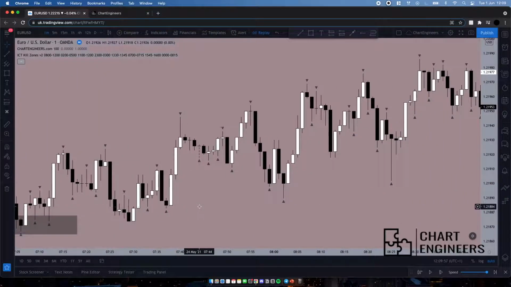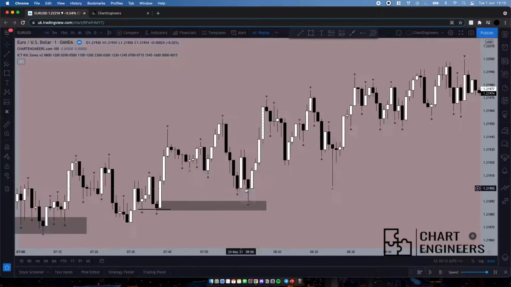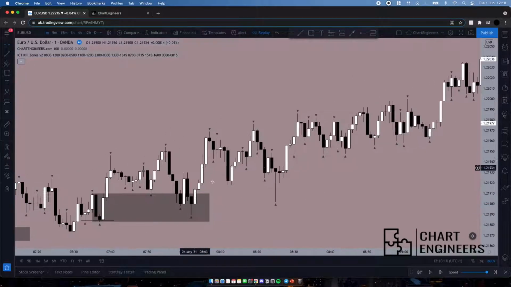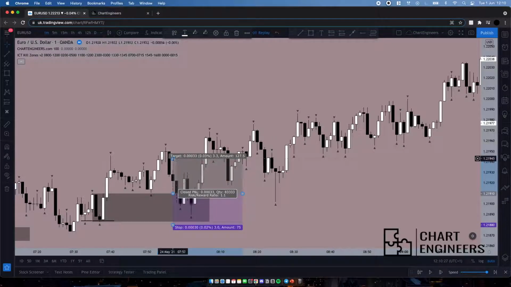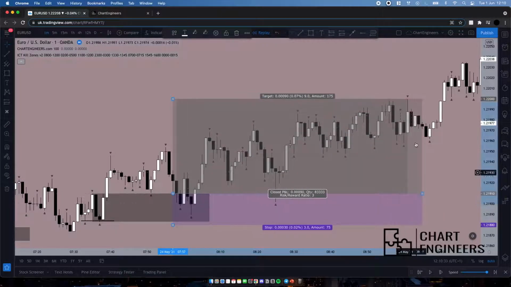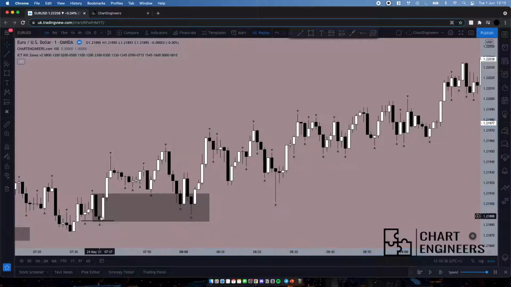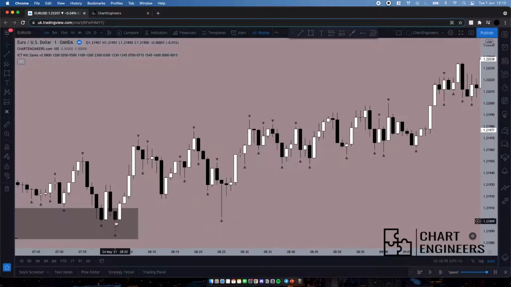So yeah, this would have been a break even trade. Then we had another setup over here. Could have used the breaker zone or the raid candle. So yeah, the raid candle hit TP basically straight away as soon as you get tagged. Starts to fly. And then we've also got the breaker zone, which eventually hits TP as well. So 2.7, I'll just extend it a bit. And then you have your 3R over here. So if you took this raid candle, you would have hit your TP already, and then you could have entered this trade as well.